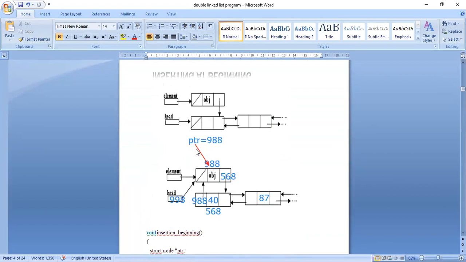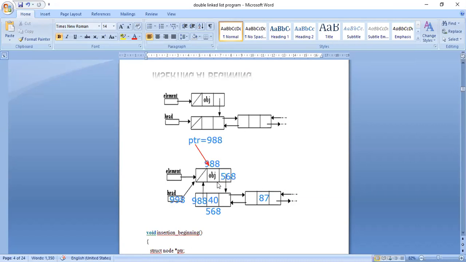So what I have to keep, this pointer value PTR is having the address 998. 998 is the address of the newly inserted node. So I am keeping the value 998 in the head pointer. PTR I am copying to head. So you can see here 998, and PTR value is also 998. So obviously head is equal to 998 means the starting address of the starting node in the double linked list is nothing but the new node that was inserted, that is OBJ. Okay, so insertion at the beginning is over.